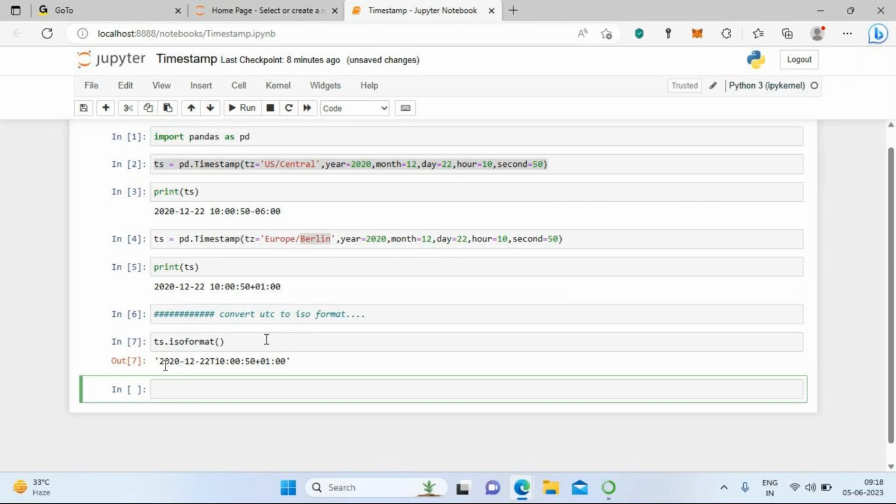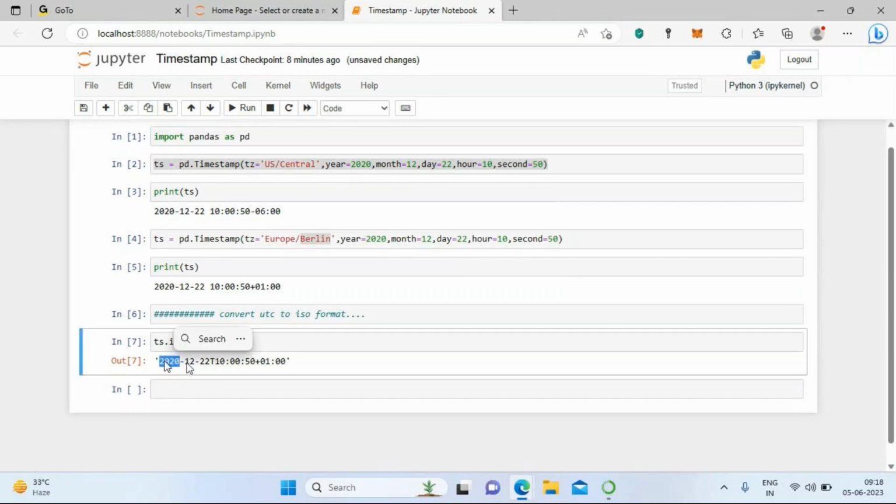You can see year, and then month, day, and then hours, minutes, seconds. Now you can see this is the ISO format. I'm converting this date and time into ISO format. If you want to convert to ISO format, you can use isoformat. That will give the result in terms of ISO. Okay. Now the next requirement we're going to see,